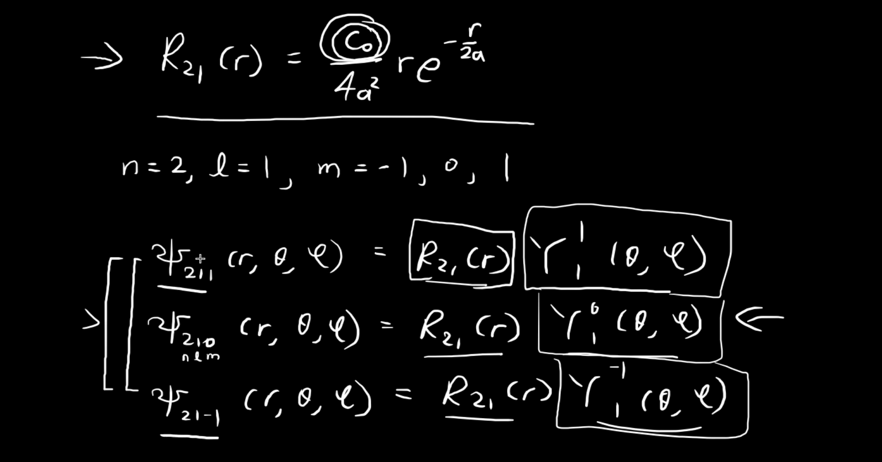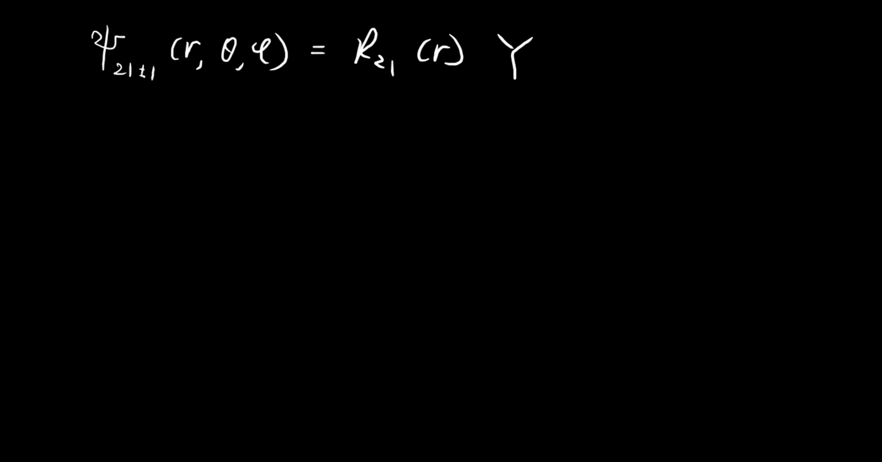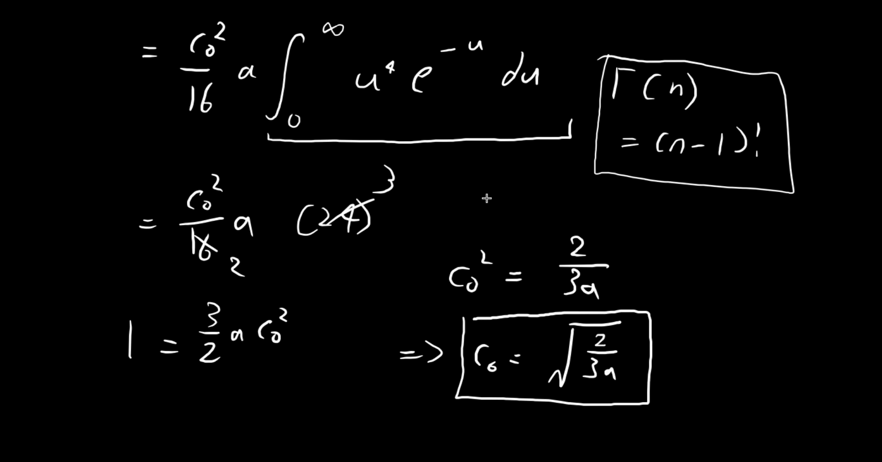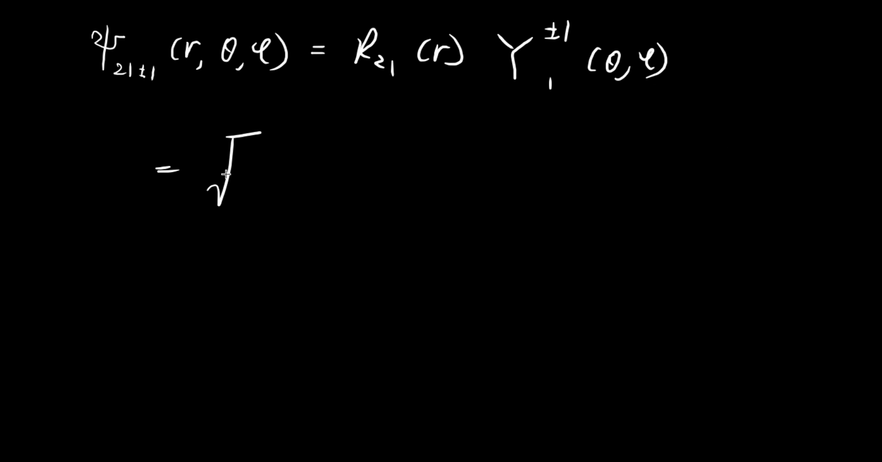So first of all, let us consider these two cases. Both of these cases are pretty similar to each other. The only difference is that for the quantum number m, this is positive 1 and this is negative 1. And I can actually express both of them using a single expression. So I'm going to write psi plus minus 1 of r, theta, phi, and this is going to be equal to R21(r) multiplied by Y plus minus 1 of theta, phi. And then R21, as we found, is equal to c naught, which is equal to the square root of 2 over 3a,